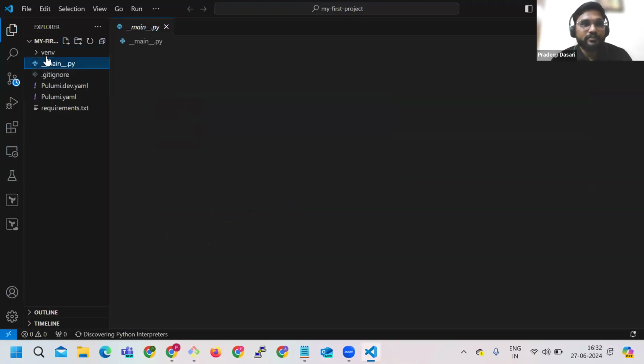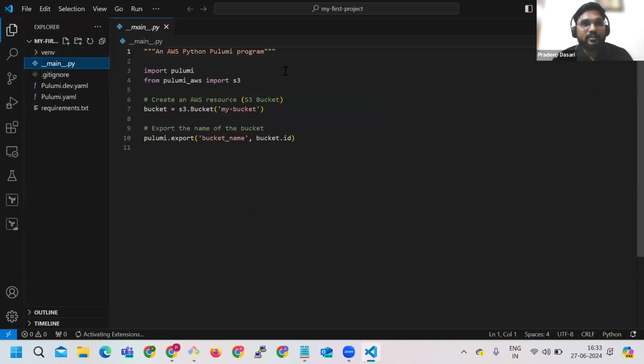So yeah, virtual environment directory, and this main.py. The main.py is the main file where you actually write your entire code to create resources. By default, when you create a new project, it will give you a sample code to create an S3